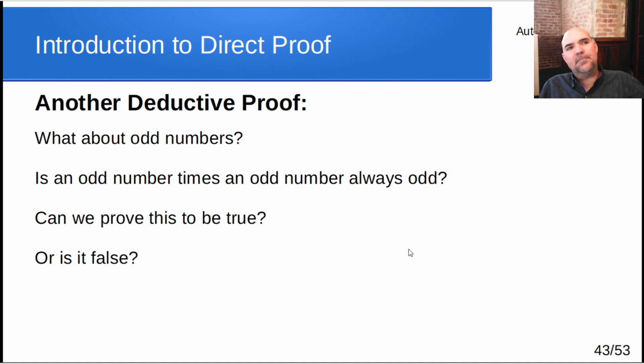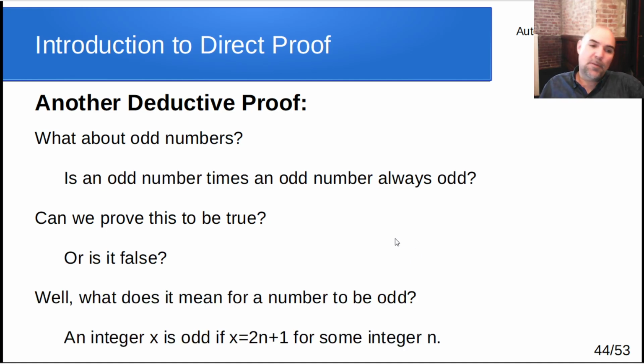What about 3 times 3? 3 times 3 is 9. Seemed to work there. But notice this one's a little less intuitive than the other one. So let's try to prove it. Can we prove it to be true? Or if not, can we prove it to be false in some way? And so to go about proving that,